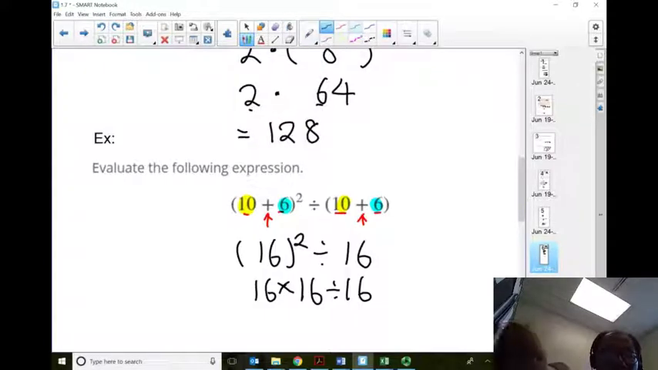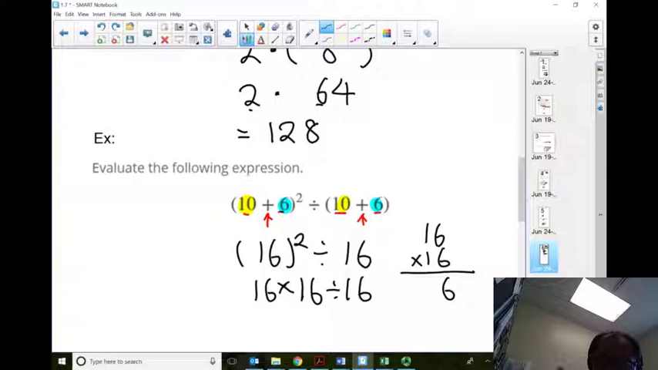Now, let's do it the right way, okay? Maybe the answer is the same. 16 times 16. Order of operations says you have to do this from left to right because multiplication and division are on the same level. So if I do 16 times 16, 6 times 6 is 36. Carry 3 on my finger. 6 times 1 plus 3 is 9. 1 times 6 is 6. 1 times 1 is 1. So that's